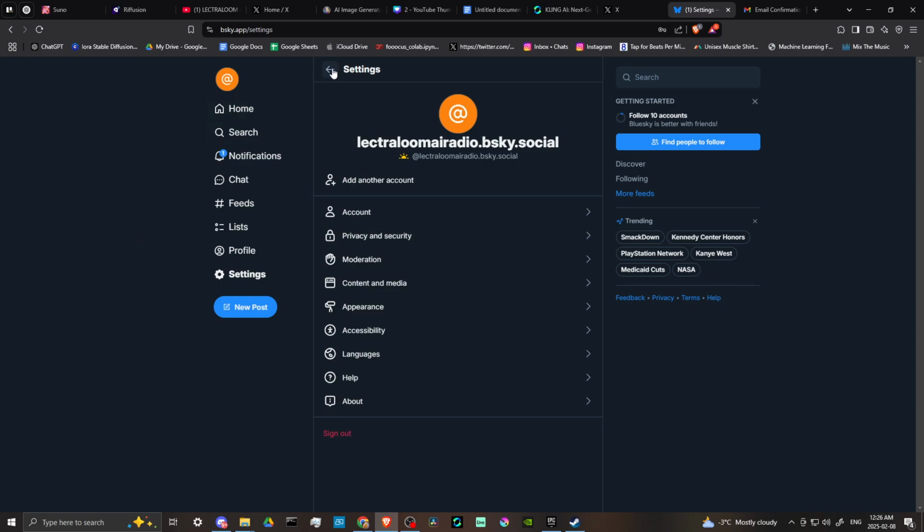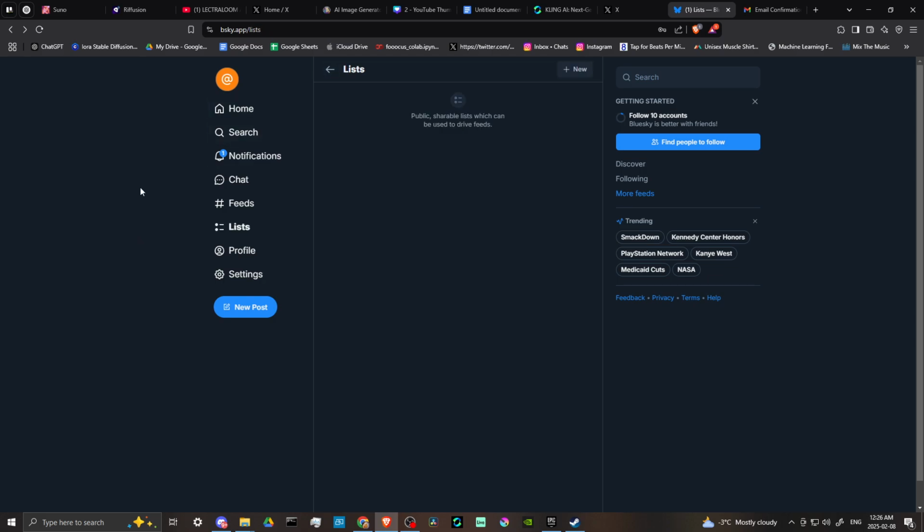So Bluesky is very similar to OG Twitter. Back when Twitter was still Twitter, this is very similar to what you would have found back then. And as far as the significant differences between X and Bluesky, it does have to do to some degree with the philosophy, the ideology, the political leaning of the developers.